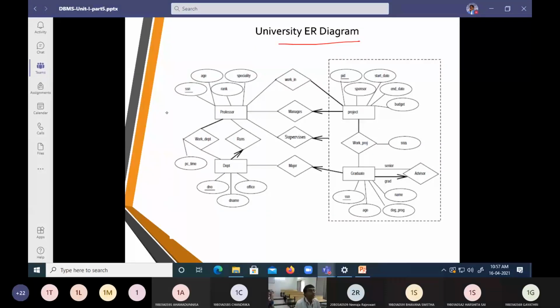The first entity set, you can call it a professor. The second entity set was the department. The third entity set was the project, and the fourth entity set will be the graduate.